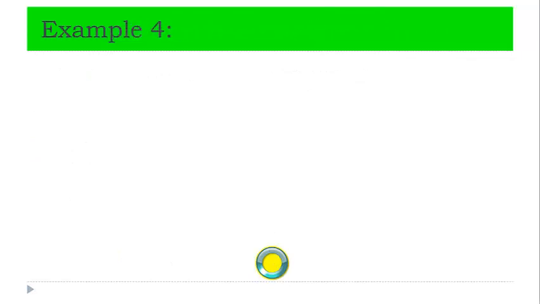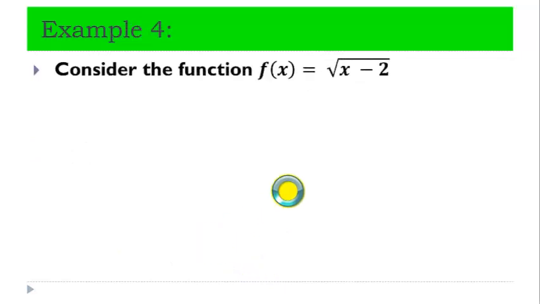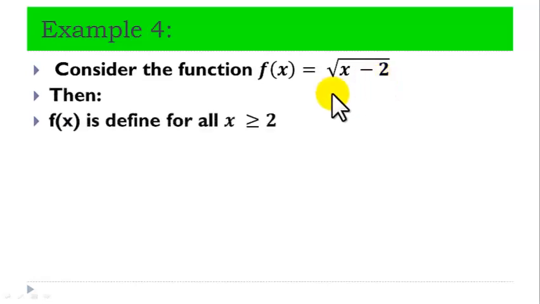Example 4. Consider the function f of x equal to the square root of x minus 2. Then f of x is defined for all x greater than or equal to 2. Thus, we can only find the square root of a non-negative number. When x minus 2 is greater than or equal to 0, that means x is greater than or equal to